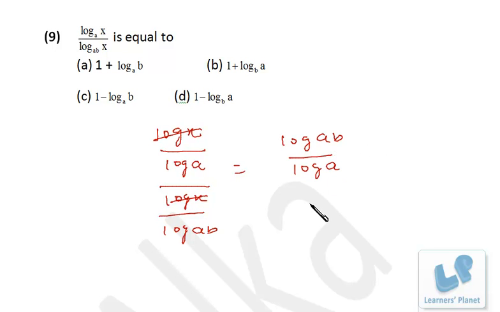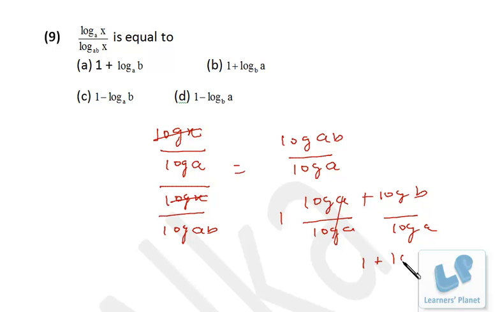So log of AB can be written as log of A plus log of B, and you have to divide it by log A. So this is 1, and this is log B by log A. Further you can change the base, so it will be log B to the base A, right? So 1 plus log B to the base A,